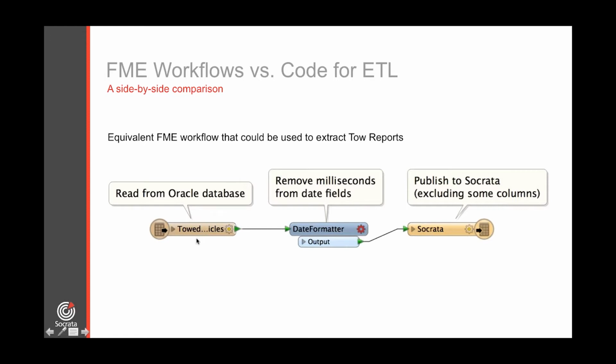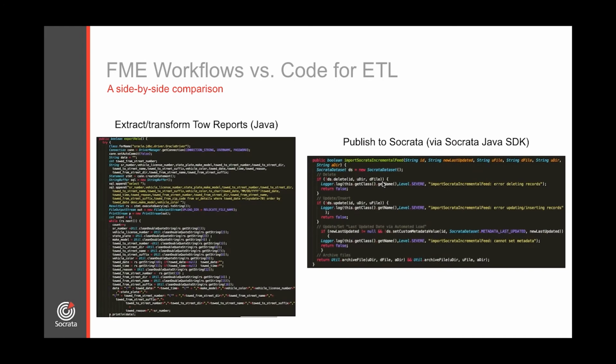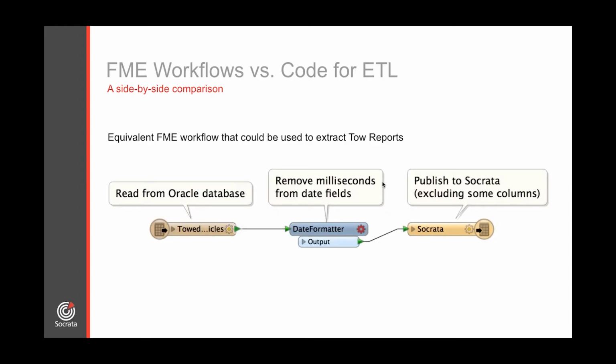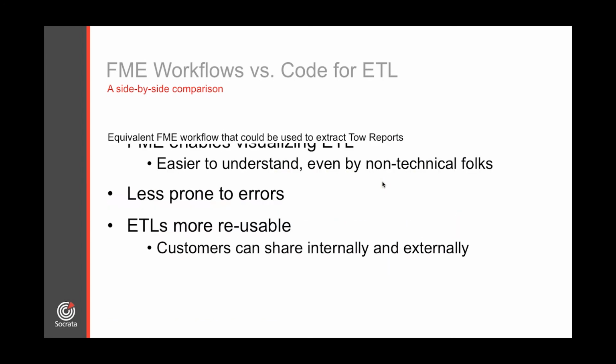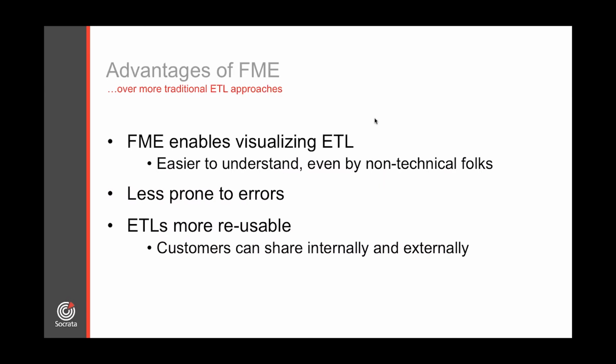And basically, here what you're doing is just using an Oracle database reader, date formatter, and finally publishing the results to Socrata and excluding a few columns. So it really is as simple as that. So that's kind of highlighting the differences there. And just to reiterate,